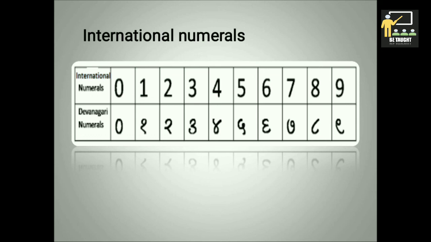So all the countries of the world agreed that the values of the currency notes and the serial numbers should be printed in English. And because of that, these international numbers were used, which we use today, like 0, 1, 2, 3, 4, 5, 6, 7, 8, 9. So earlier the numerals were written in Devanagari numerals, but as everyone should understand, and everyone was familiar with the international numbers, they started using the international numbers.